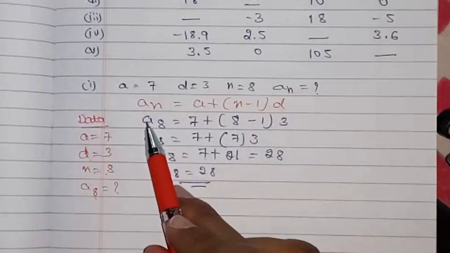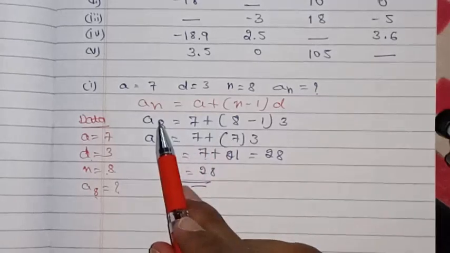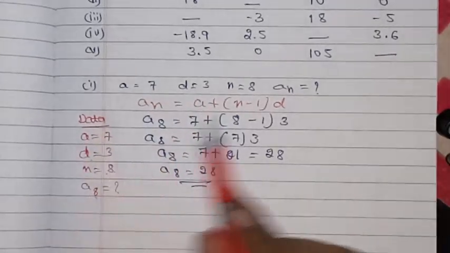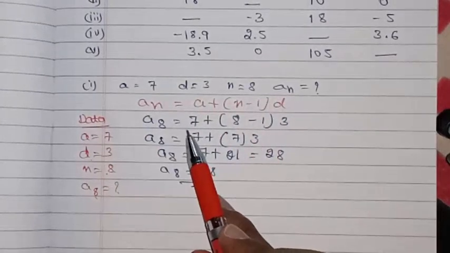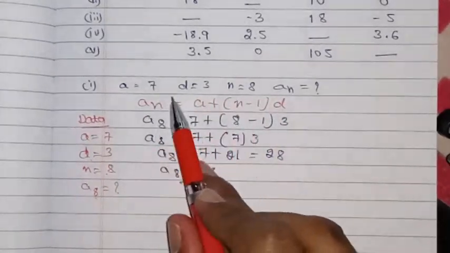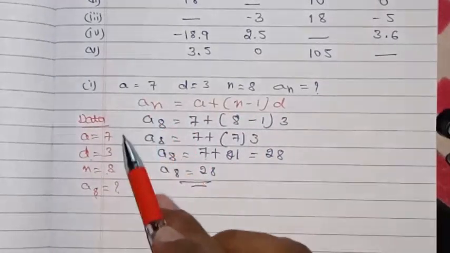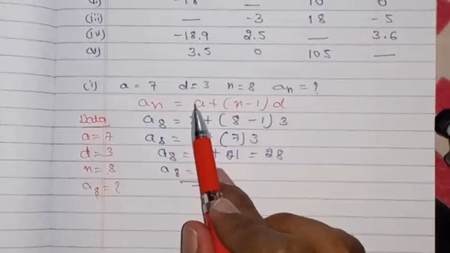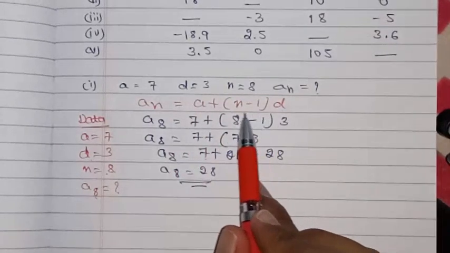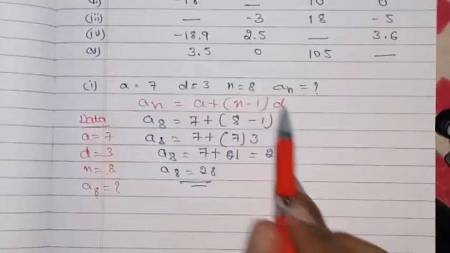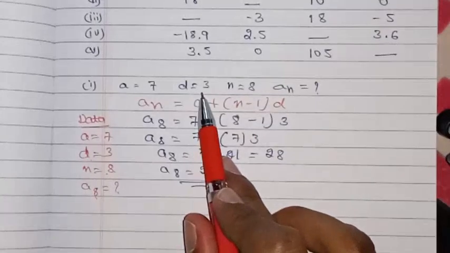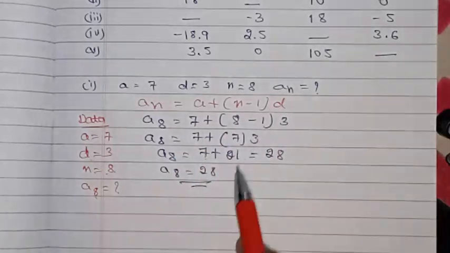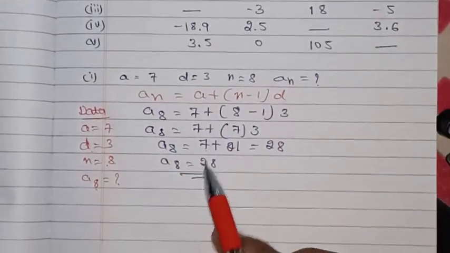Just remember the formula, write down the data, apply the data to the formula, and simplify it. Whatever they have given, you need to write down. If they have given the first term, write down the first term and apply its value in the place of a, and apply the value in the place of n if they have given n, and apply the value of d if they have given the common difference. Just apply the value here and simplify it, children. And this is the method to solve it, right children?